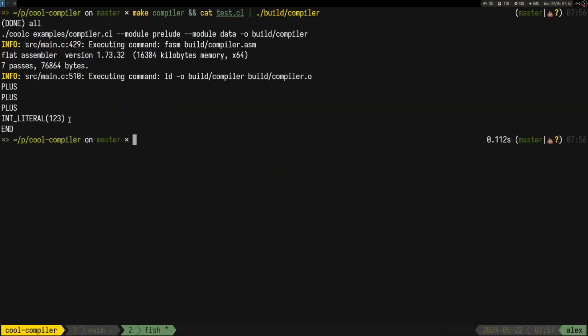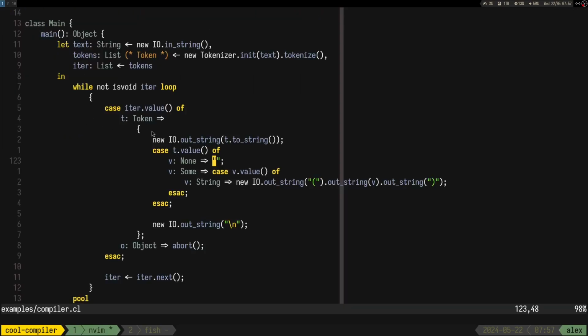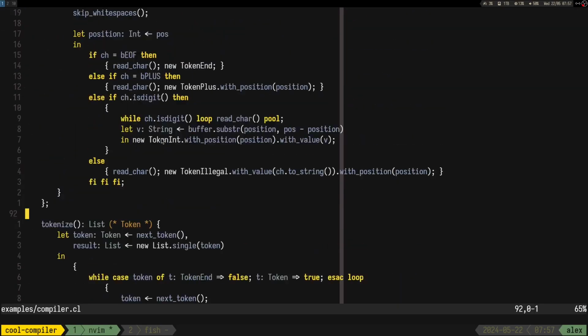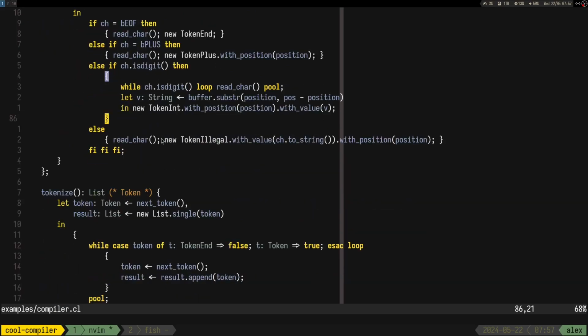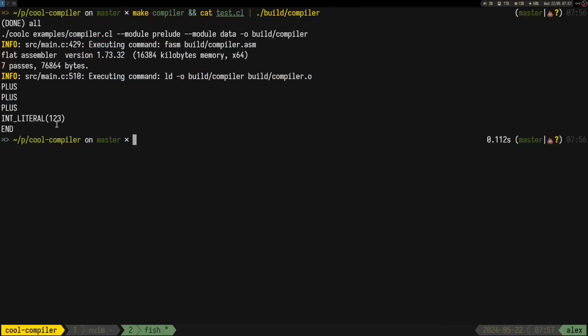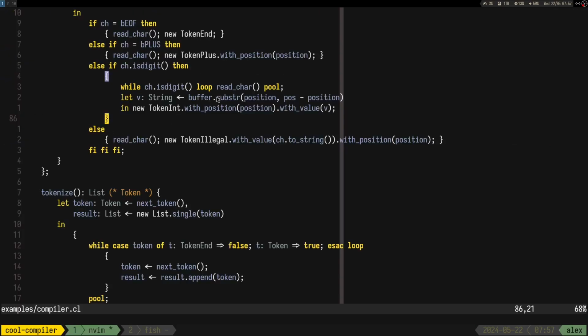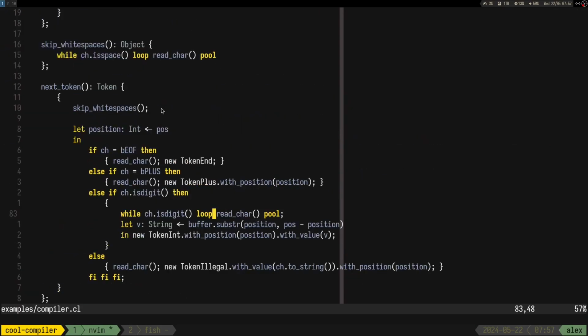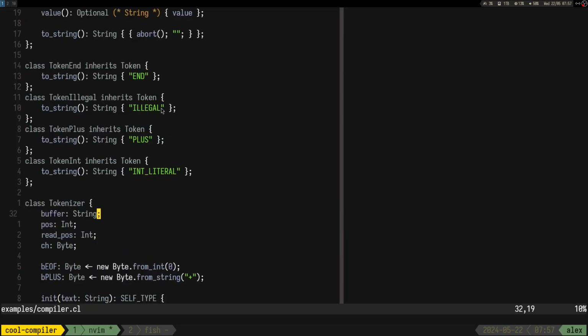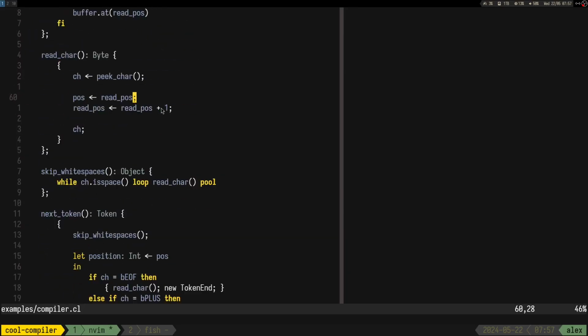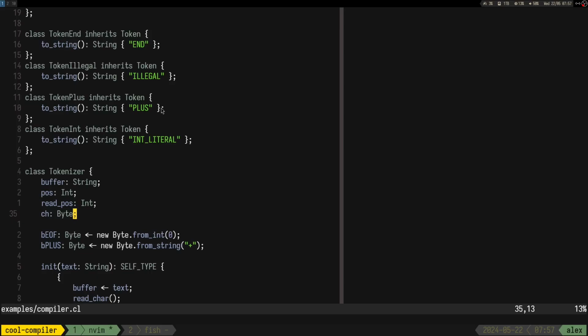So yeah, we have optional. Okay, so now, pretty decent, I would say. We have the ability to parse plus symbols and integers. So I guess next would be maybe like keywords. That's always fun. And other types of symbols, I would say.